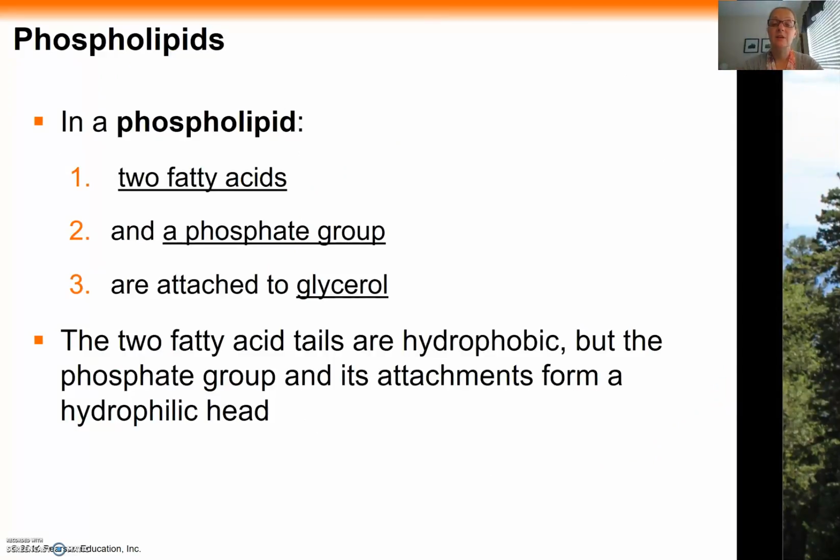Right, so in a phospholipid, we actually have three parts instead of just the two that we had for a fat. In a phospholipid, we still have the glycerol. We still have two of the three fatty acids, but in place of the third fatty acid, we have this phosphate group. Remember, the two fatty acid tails are hydrophobic, but the phosphate group and its attachment to the glycerol forms that sort of hydrophilic head for those phospholipids. So if we're going to take a look at a picture that is prettier than the one that I drew,